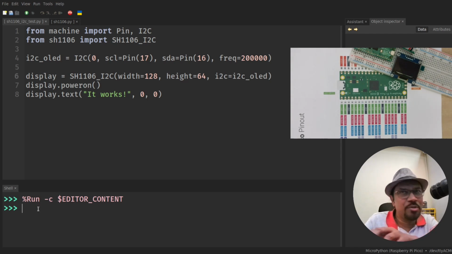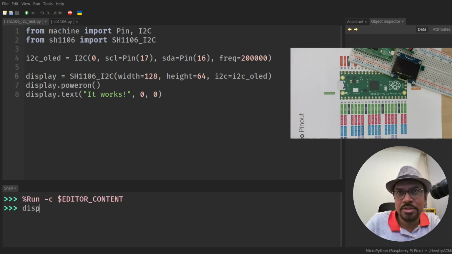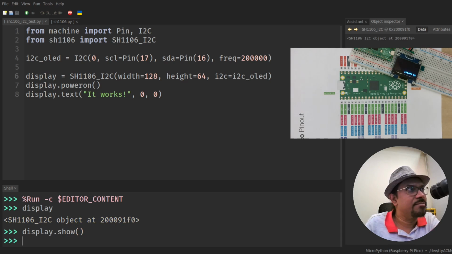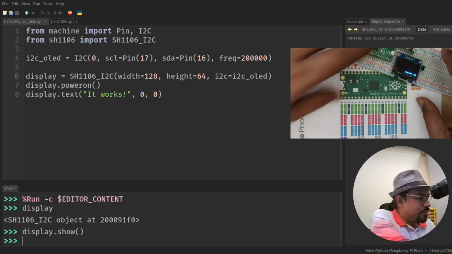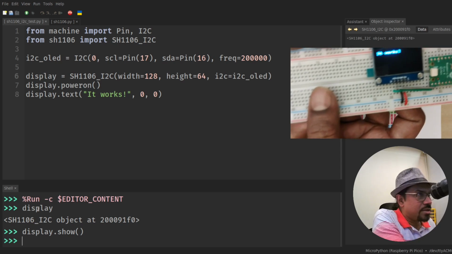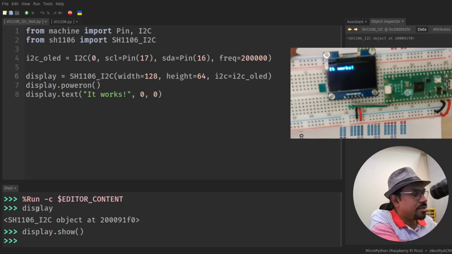I can put it on the MicroPython shell. When I run this code, all the variables I created are available in the MicroPython shell right here. If all goes well, see, the display object is there. So I can now say display.show and verify it worked. You can see it's a little bit off. It's in reverse. You might need to rotate it. I can see that it printed the string,